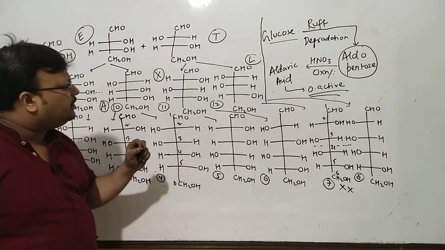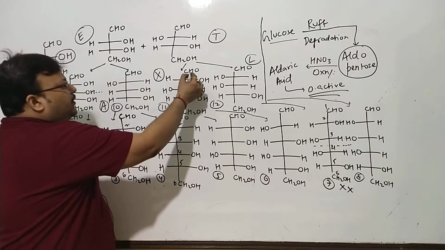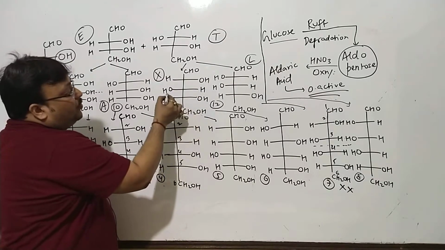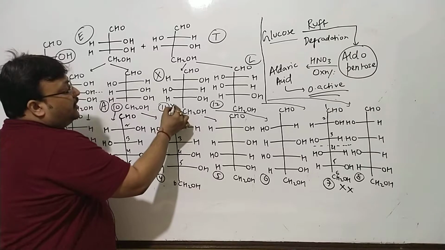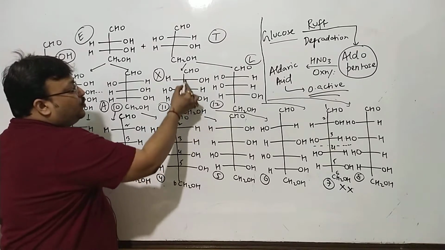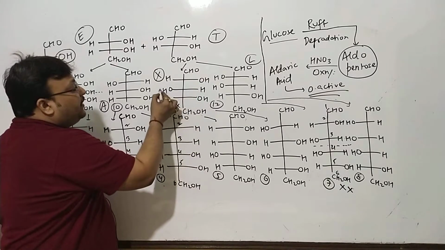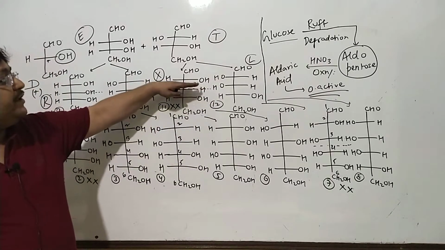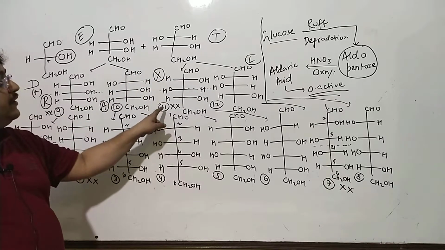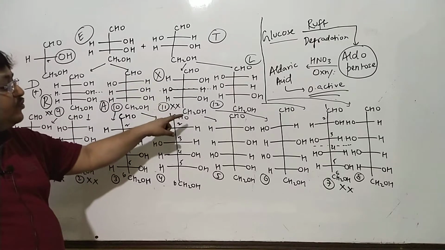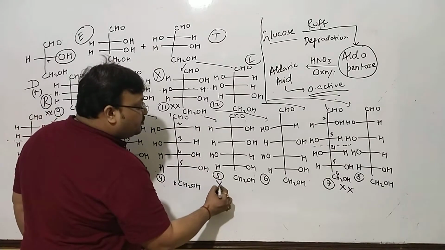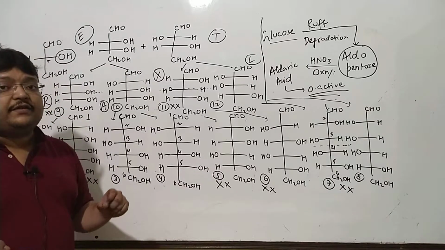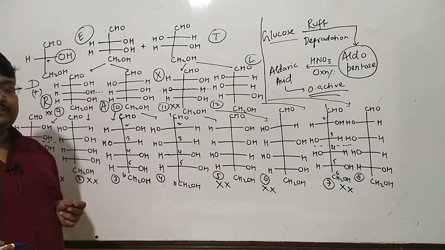Then another compound where the 2 becoming COOH will lose its chirality and will become a meso compound is 11. See, here again, if you make both of them COOH, this carbon will lose its chirality, and you can place a mirror here. This will be a meso compound having a plane of symmetry. So 11 cannot be the corresponding aldopentose of glucose, and if 11 is ruled out, then naturally 5 and 6 are also ruled out as possible structures of glucose.